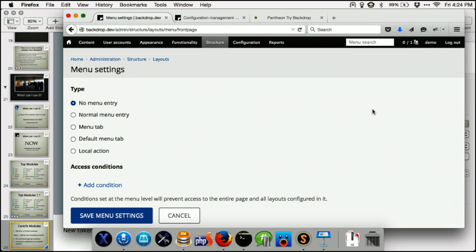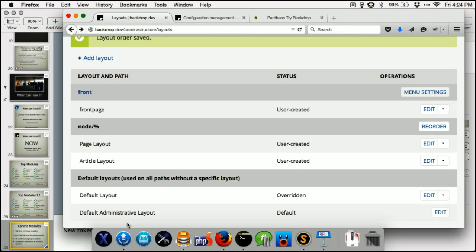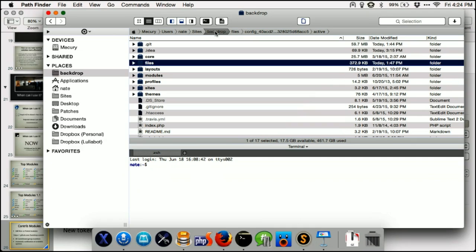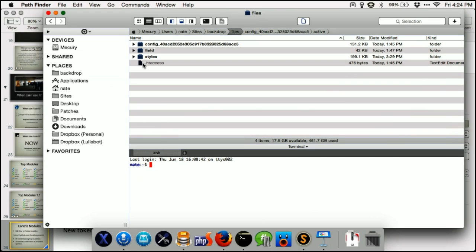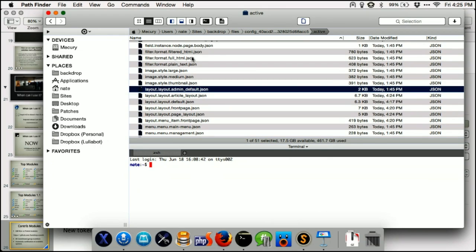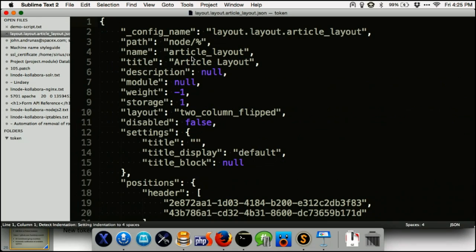So, yeah, fancy pants. The way this is all getting stored, this is the next major concept in why you would want to use Backdrop, because Backdrop includes not all, but all of the central functionality of CMI, the Configuration Management Initiative. Every configuration, node type, layout, menu type that you set up, all of that stuff is being saved into flat files in Backdrop land. So if I go down here to layout and I look at this article layout that I've constructed,